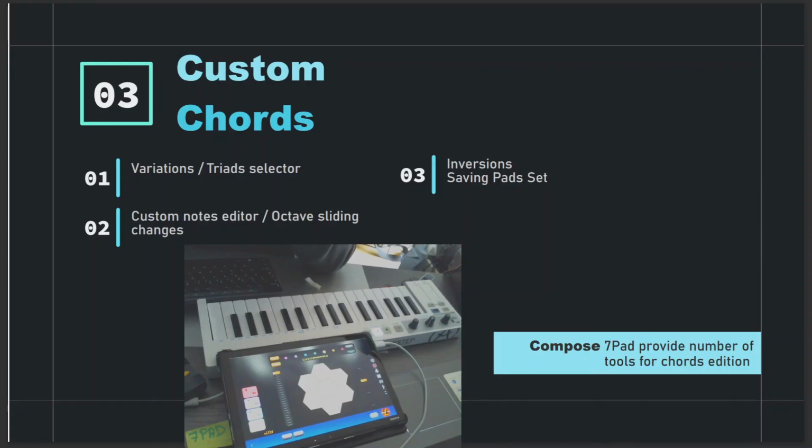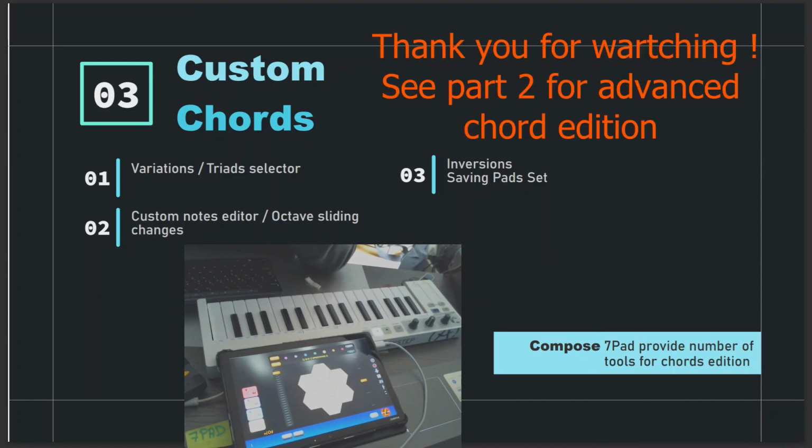We have custom chords. You can do variations of chords based on the 3 hertz of the